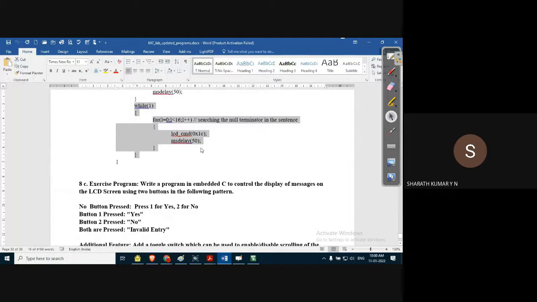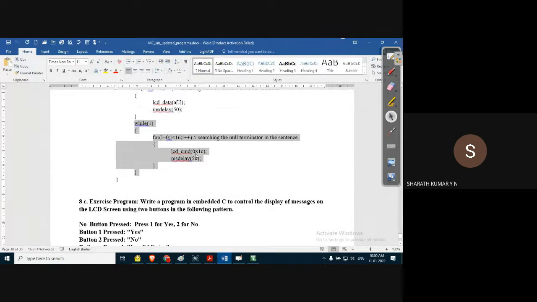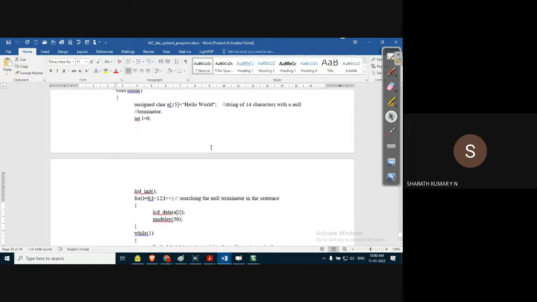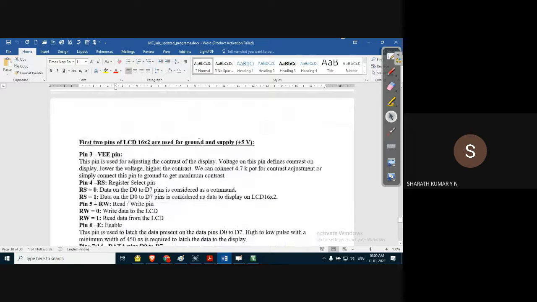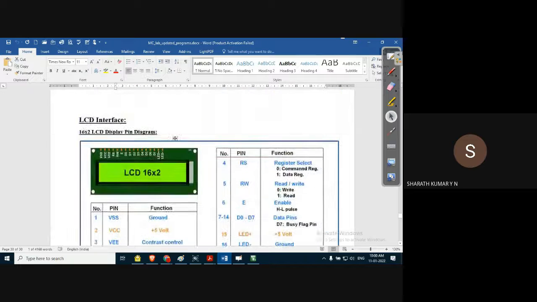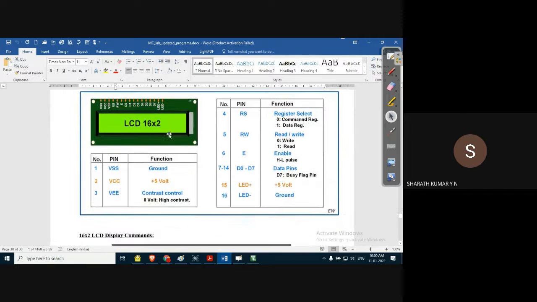By changing the command, we can control the way the content is displayed. Let us look into the various commands, because we have not discussed these in our earlier class.